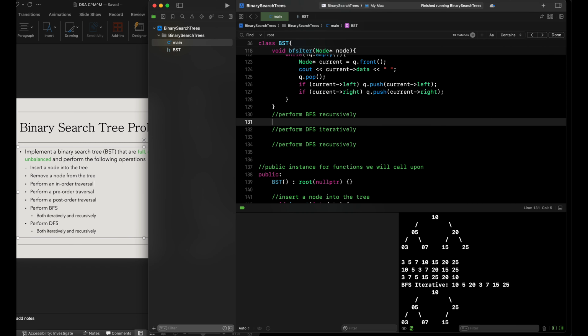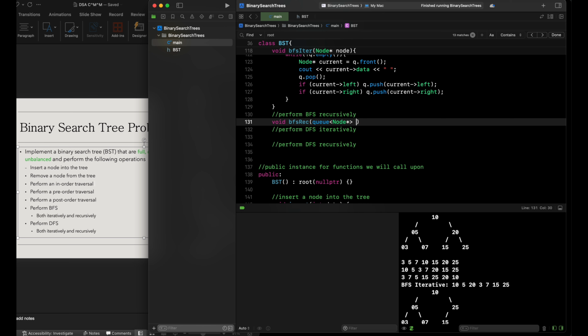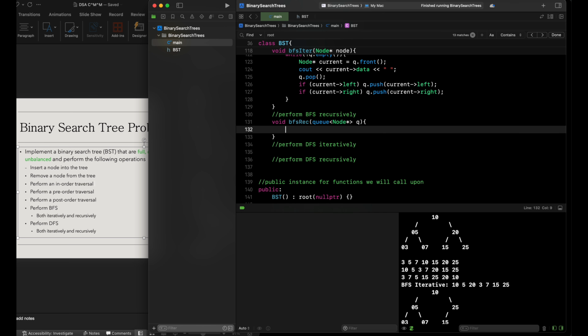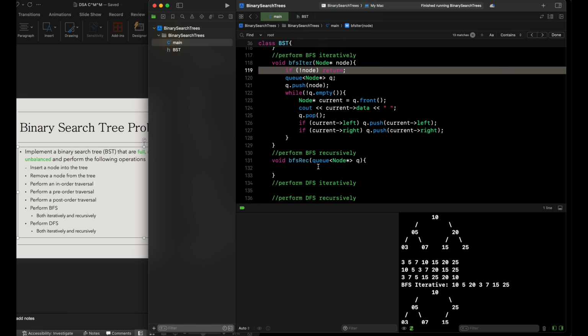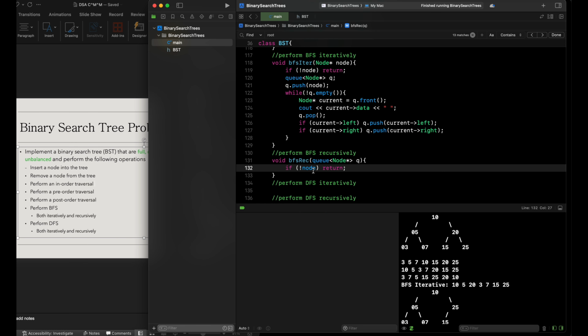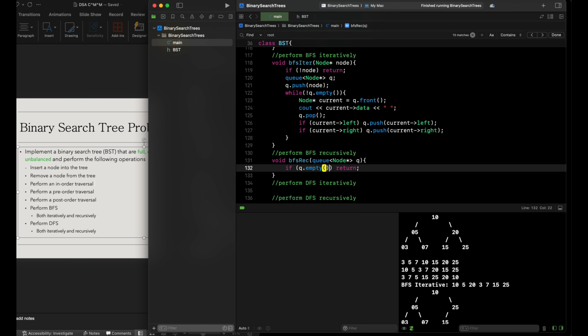So the way we're going to go about this is, remember, recursion by design principle is just a function inside of a function, putting it in layman's terms. So we're going to have void BFS recursive over here, and I'm going to have our queue on the inside with node. And we're going to call this queue. Now we're going to do the same thing we did before with our edge case, except the difference is that we're going to see if our queue is empty. That means we're just going to return,